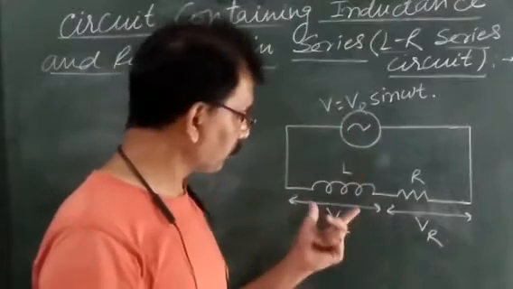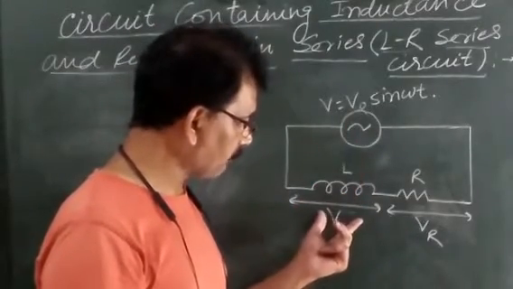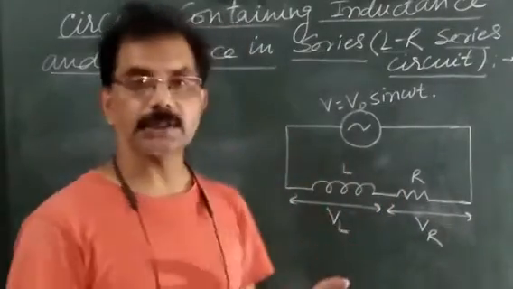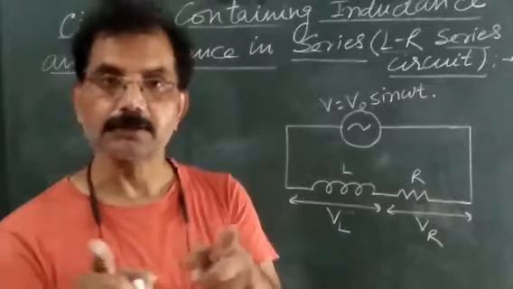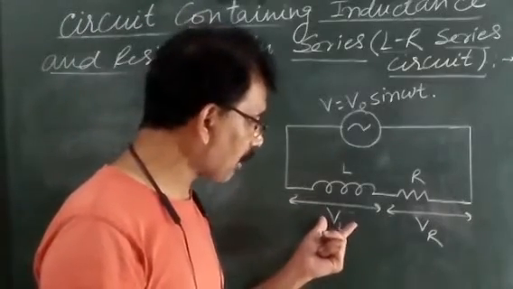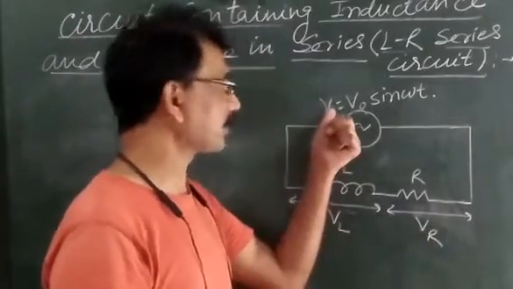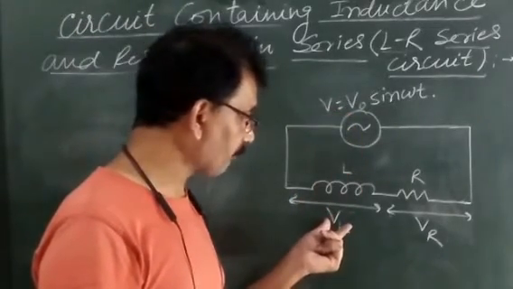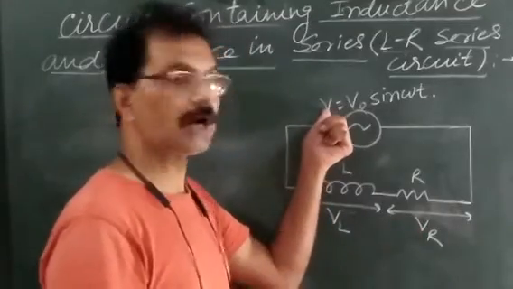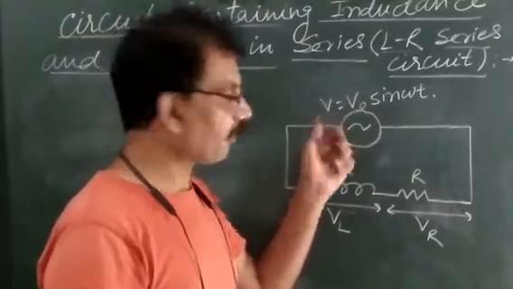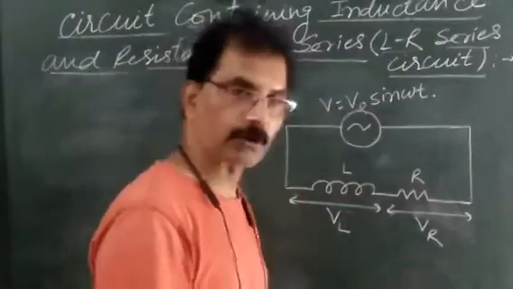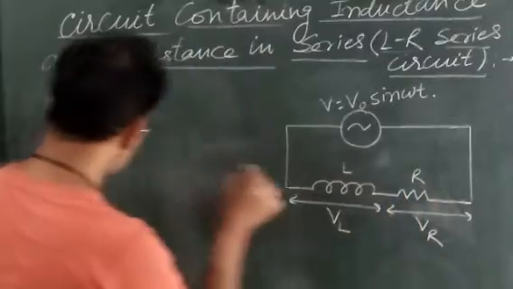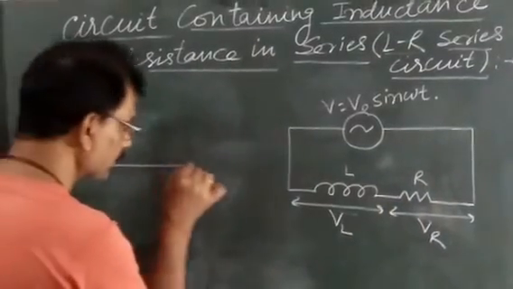So first you see here the voltage across L, VL, and VR. When we draw the phasor diagram, voltage and current are taken as vectors. So here the vector sum of VL and VR is equal to the applied voltage V. First we will draw a phasor diagram for this combination. Since the current in both is the same, first we will draw a line for current.